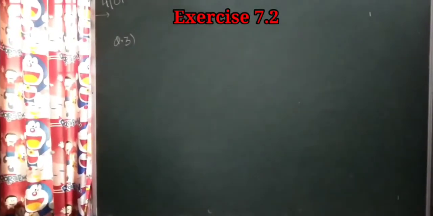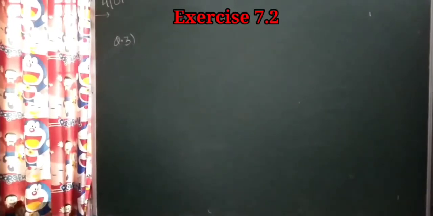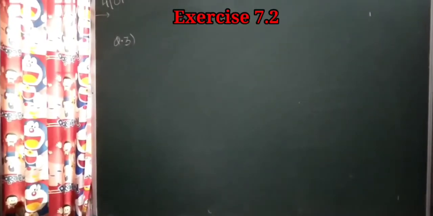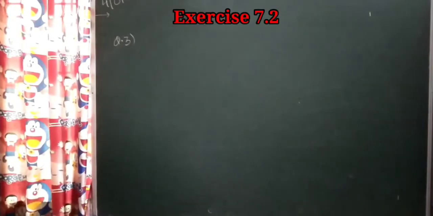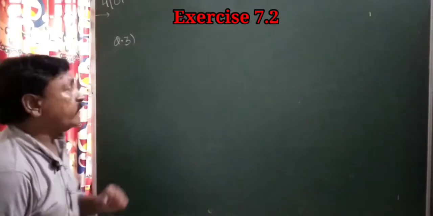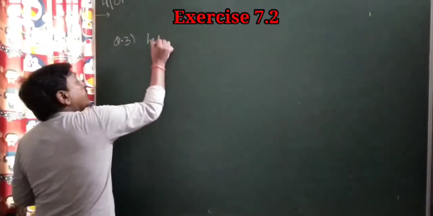Now students, come to question number 3, and question 3 is saying: divide rupees 200 into 2 parts such that 1 by third of the first and 1 by second of the second are equal. It means first of all we have to divide rupees 200 into 2 parts. How? Let the